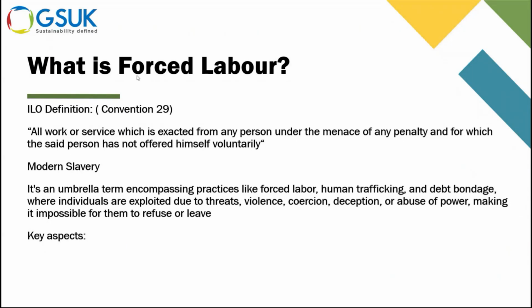So it's an umbrella term encompassing practices of forced labor, or human trafficking, or debt bondage, where individuals are exploited due to threats, violence, coercion, deception, the means of doing it, abuse of power, making it impossible for them to refuse or leave. So when we look at the key aspects, there are four key aspects as we discuss. Next,